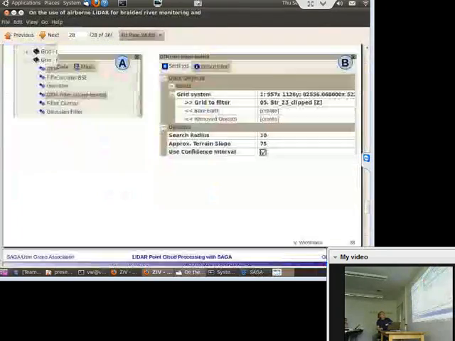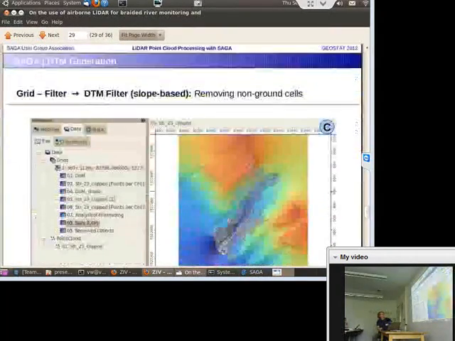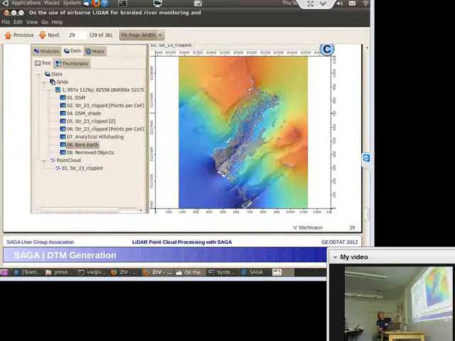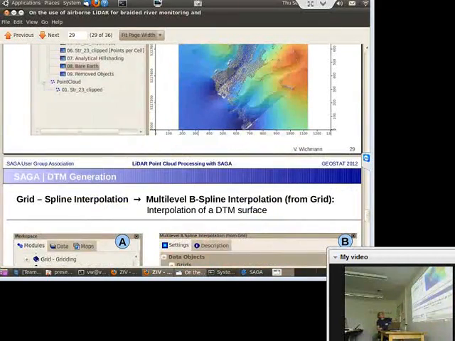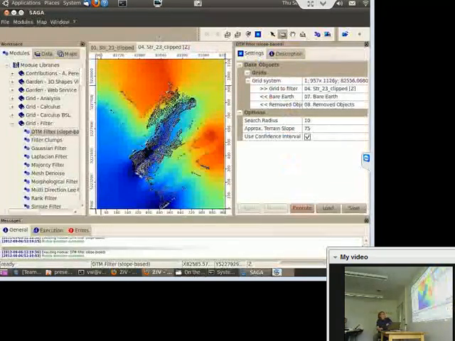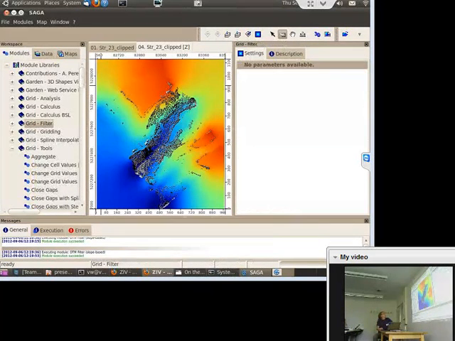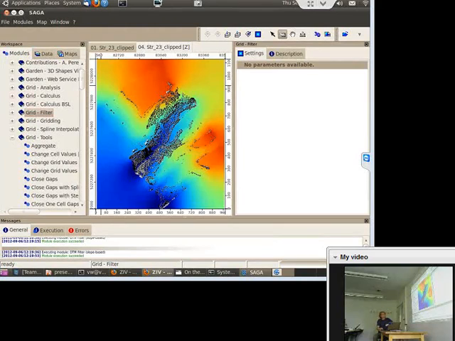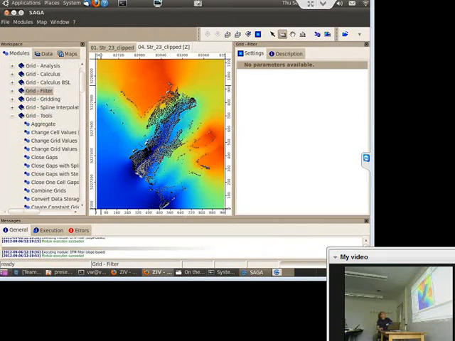Okay, so next step, this is the result. We have removed non-ground cells. Next step is to close these gaps because we want a continuous terrain model. So this could be done with several modules. A nice one is the multi-level B-spline interpolation. It's in the grid gridding library